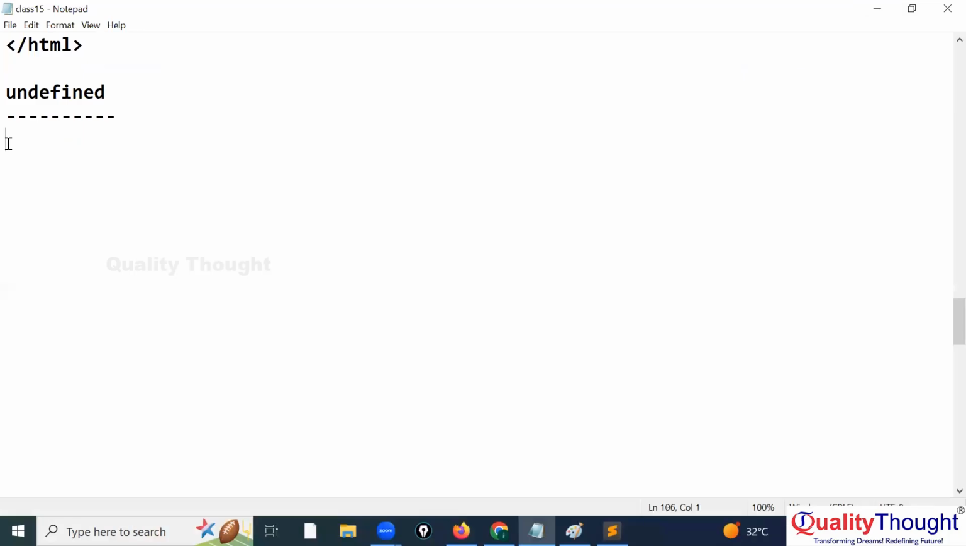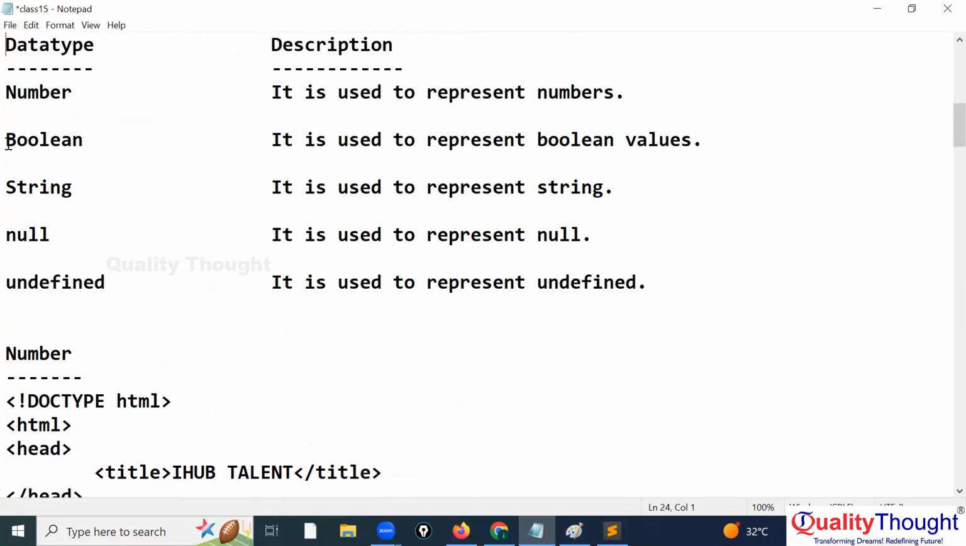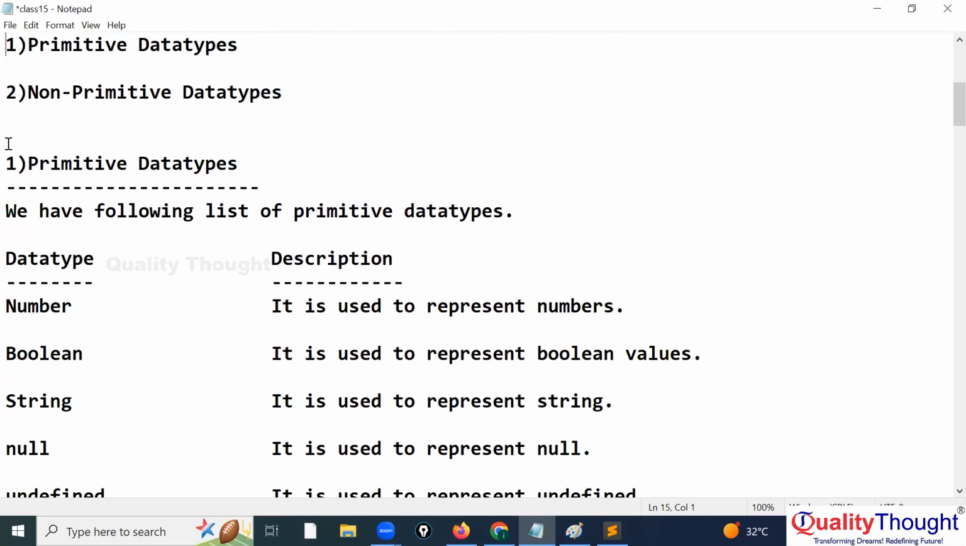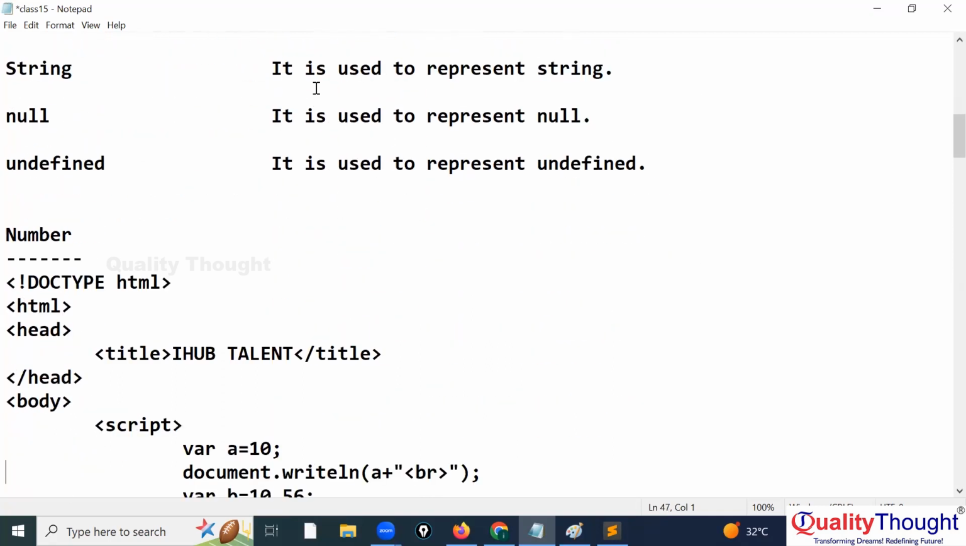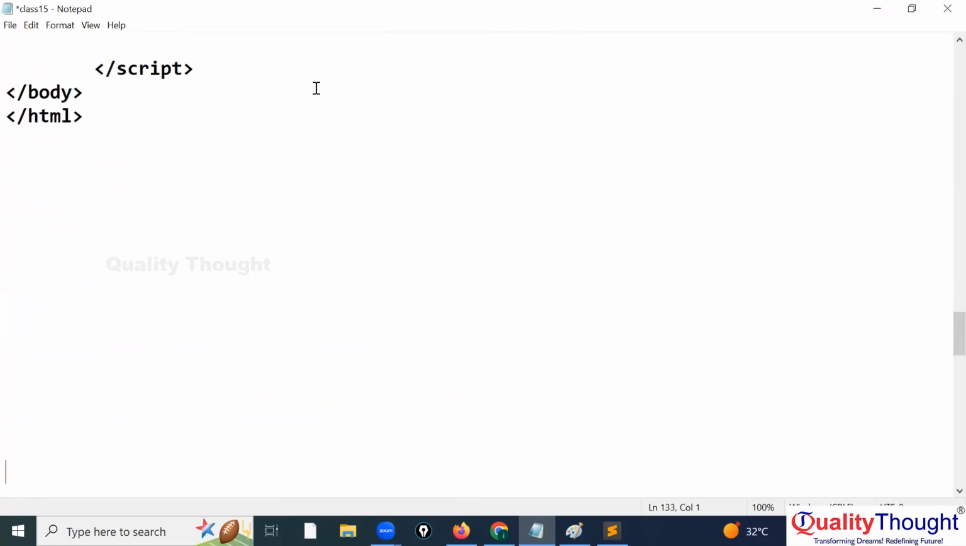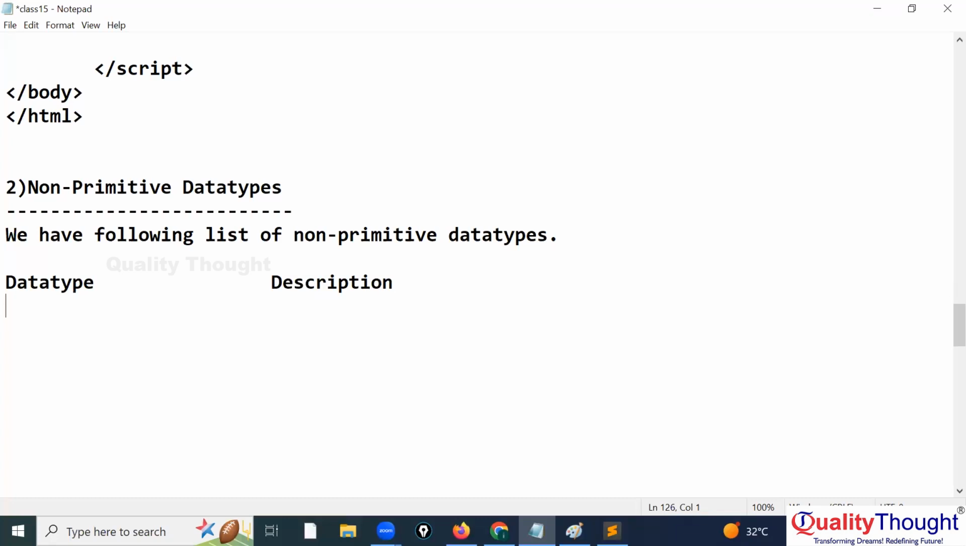I hope you people understood about primitive data types. What is the next one? Yes, non-primitive data types. We will not cover the non-primitive data types today. Non-primitive data types means we have the following list. Here I will give data type and description. First one we have object. It is used to